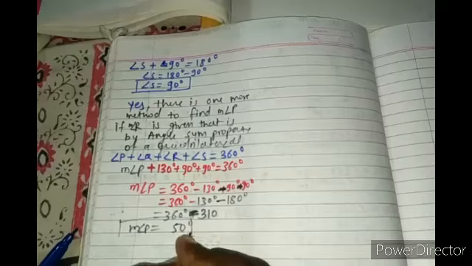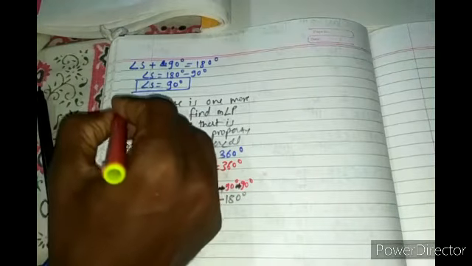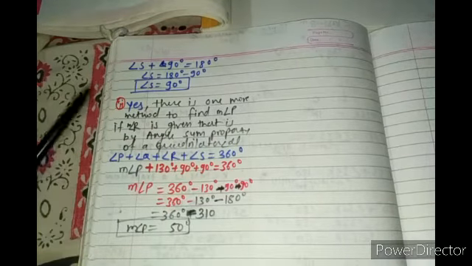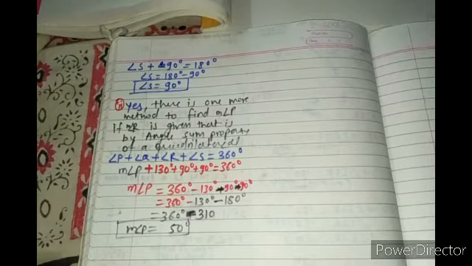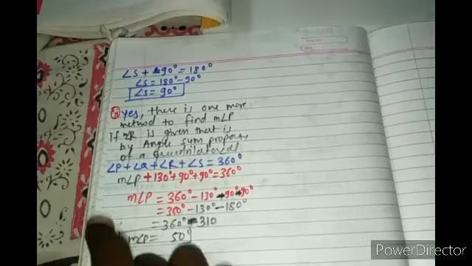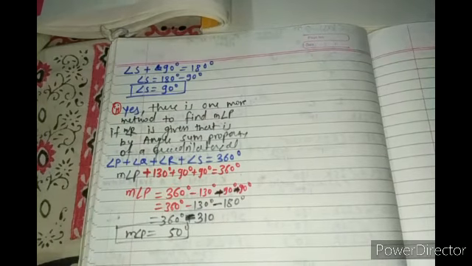So in this way, this is another method we can identify. This is the second part of this problem. So you can easily do it by both methods, but the condition is that you should know the value of measure angle R. I hope you will be able to solve and understand all the questions. Thank you.